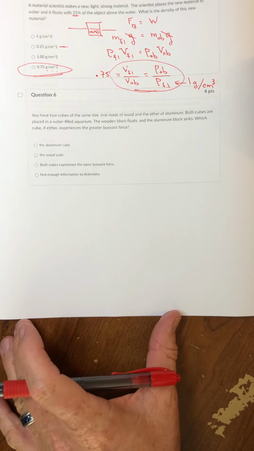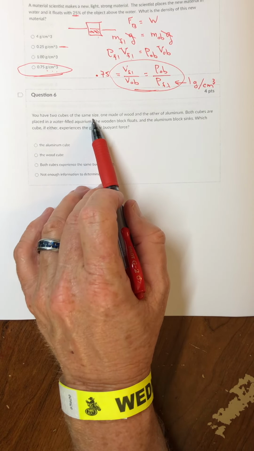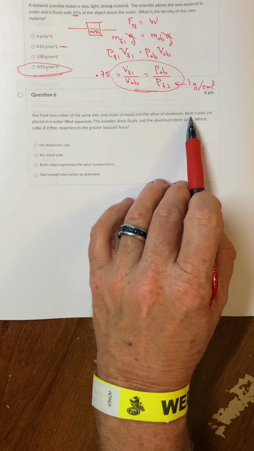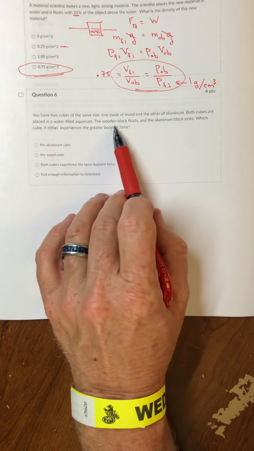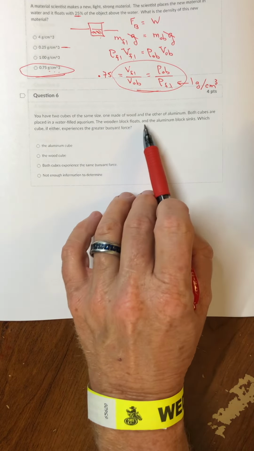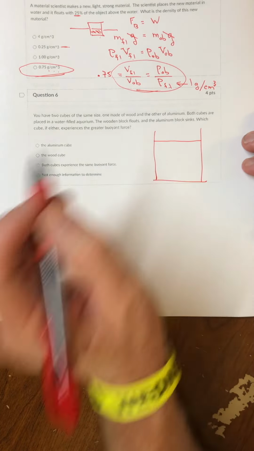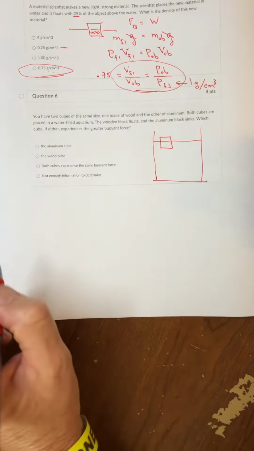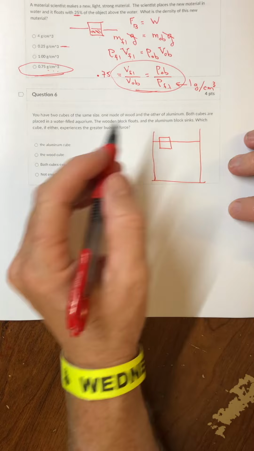6 says, if you have 2 cubes of the same size, one is made out of wood and the other is made out of aluminum. Both cubes are placed in a water-filled aquarium, and the wooden block floats and the aluminum block sinks. All right, so maybe I'll draw a picture, and here will be the water level. The wooden one floats, and of course, what we just talked about, part of it would be kind of out of the water,